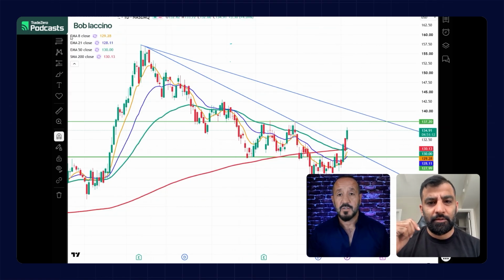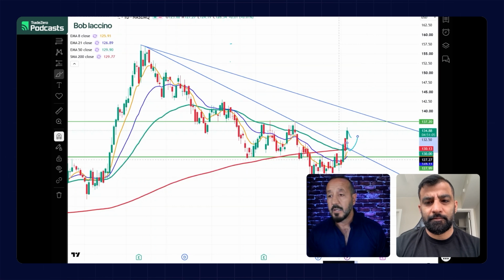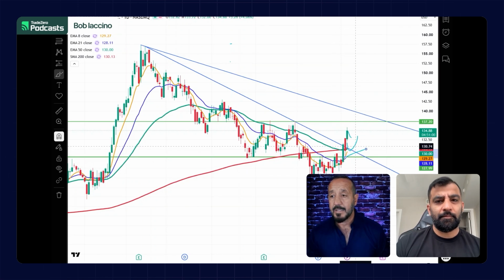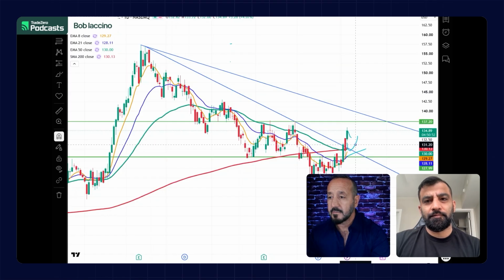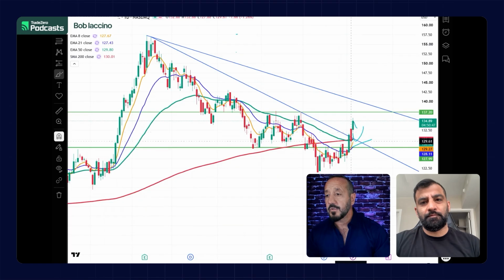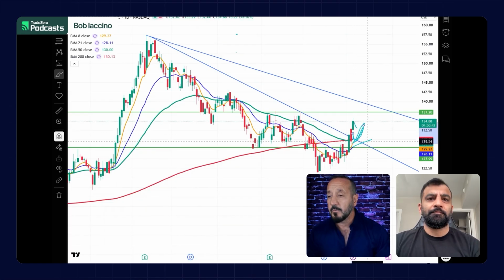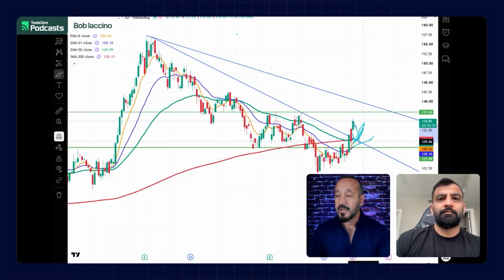Yeah. Because then if I use this tool again, if we start to get a move down here, this is going to continue to move higher because it's the 8, right? And this is going to continue to move higher, but because it's the 21, it's going to move at a slower pace. So that's sort of the way that they develop, is you get these movements like that and they sort of separate out. So you get the 8 coming much sharper because it's the shorter moving average, and the 21 will move much slower. So if we get a move down here as well as testing the trend line,